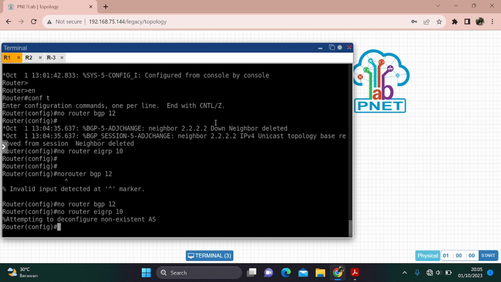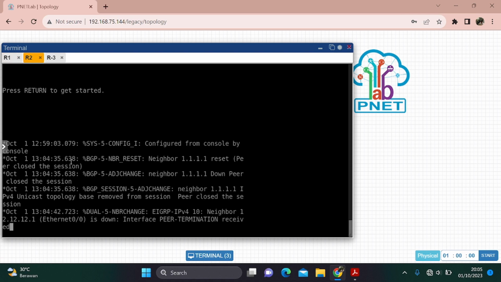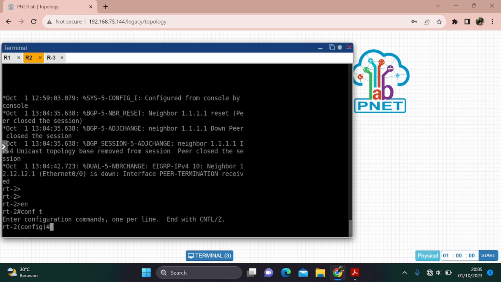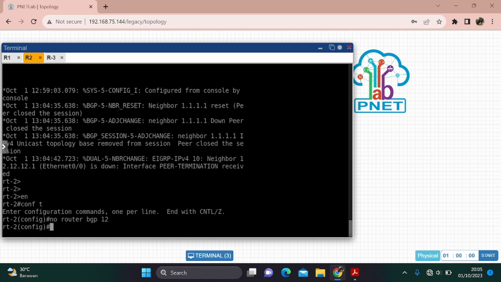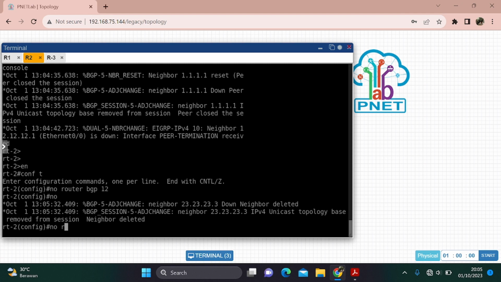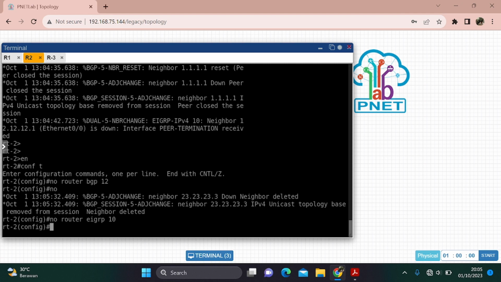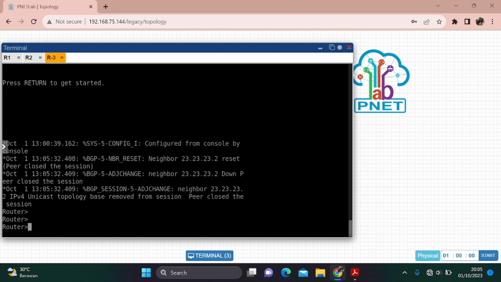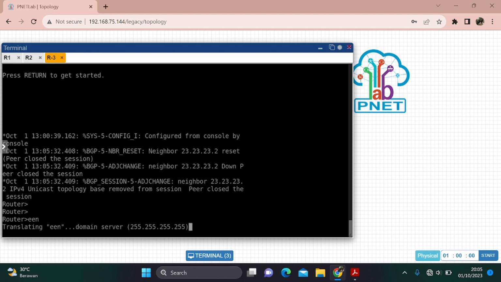Okay guys, oh wait, in router 2, don't forget: no router BGP 12, and then no router EIGRP 10. And then after that, in router 3, we can delete the, sorry,